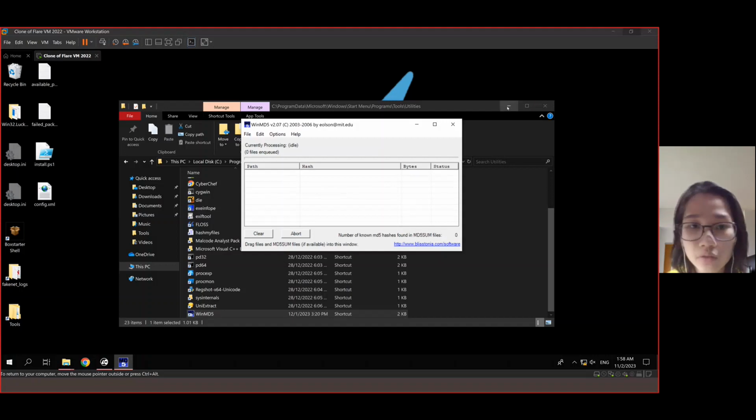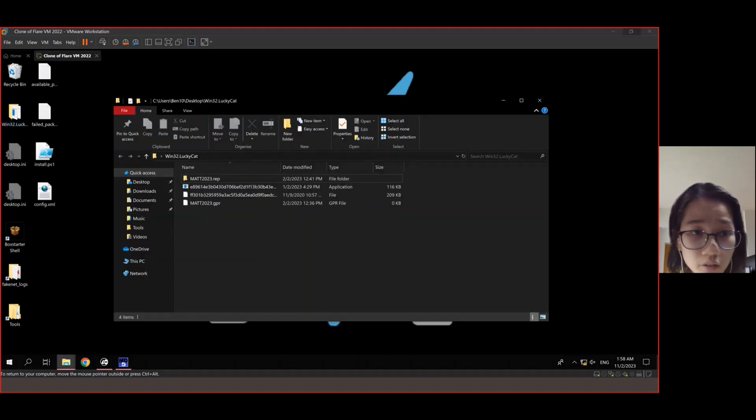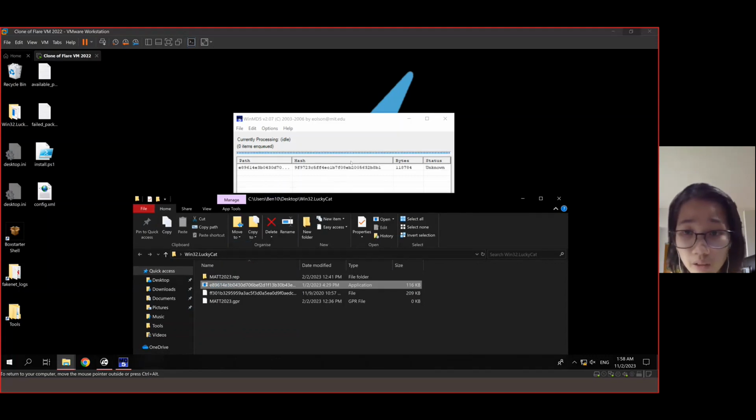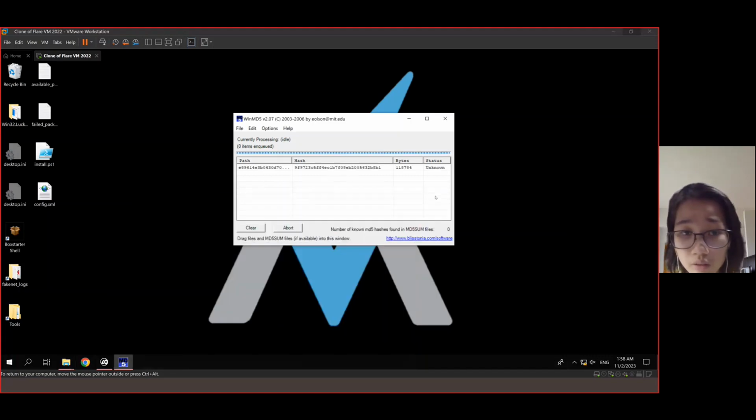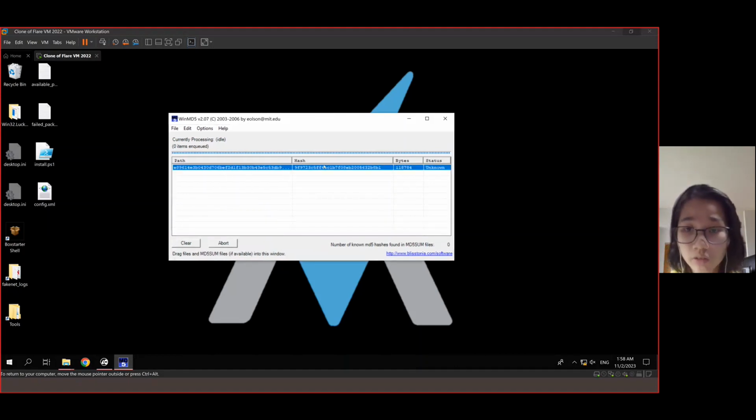As previously mentioned, WinMD5 is a tool that is used to uncover the hash of any sort of file. Today we'll be getting the signature, or also the hash, of the Lucky Cat malware. So here I drag the Lucky Cat malware into here, and we can see that WinMD5 immediately shows us a hash of the file. The hash starts with 9F9723, and this hash